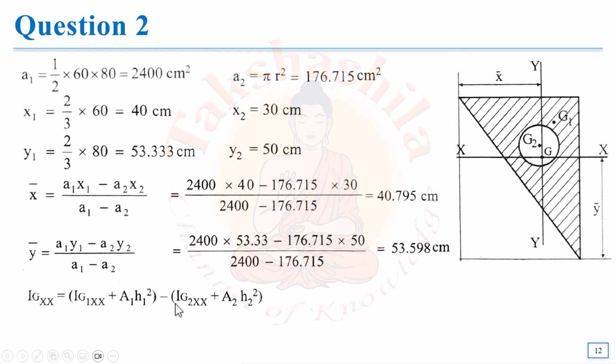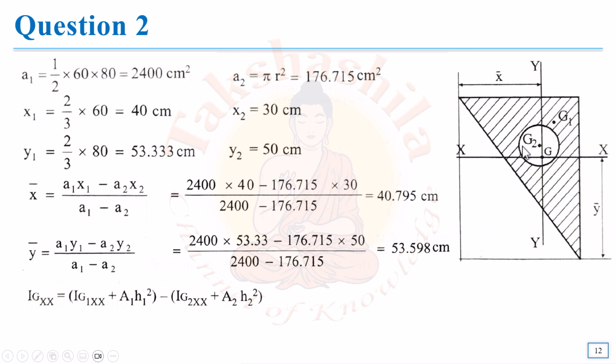Similarly, after this, that completes the contribution from the triangle. Then we have some contribution from the circular section. But in this case, you can see the circular section is a hollow part. So instead of adding that, I am just subtracting that. Okay, so minus Ig2 xx plus A2 into H2 square, where Ig2 xx is the moment of inertia of this